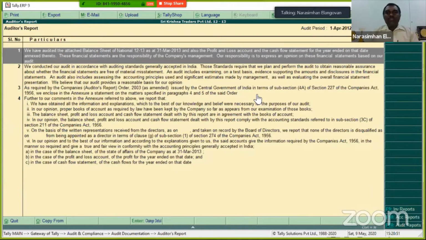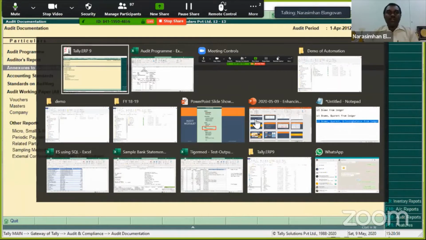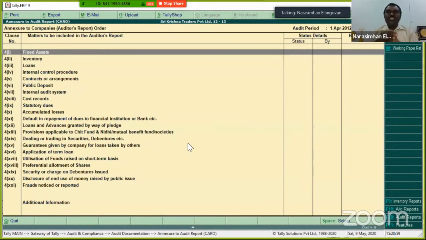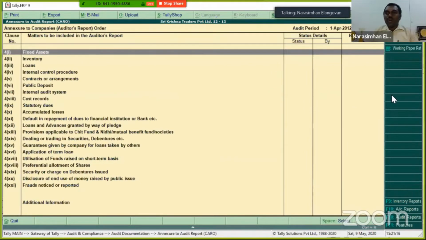Okay. Moving further, quickly to the next thing, you also have the annexures of CARO. Okay, so the annexures of CARO is available. Again, please note, this is the older version of CARO. You can go ahead and click on any of these items and add all of them. You can also create a working paper reference. Who has done it, what is being done, various things like that. You can go ahead and create a working paper reference. So these are few options available.